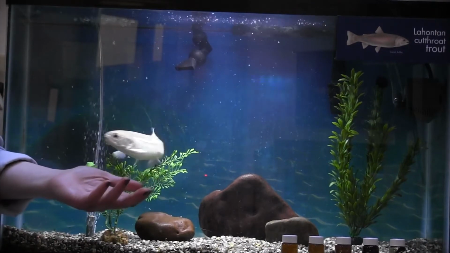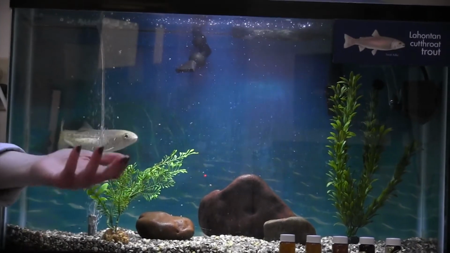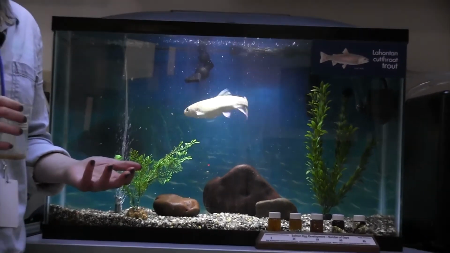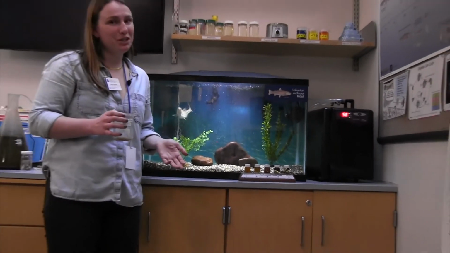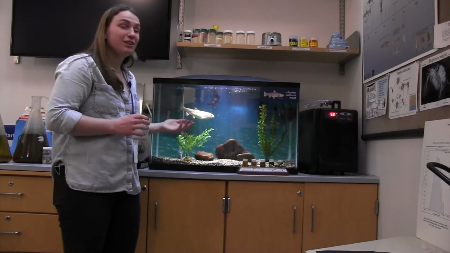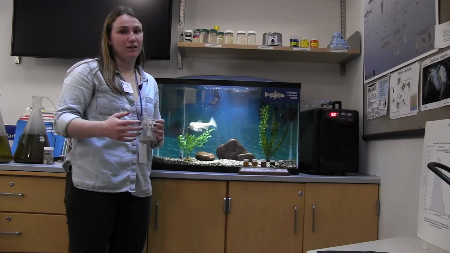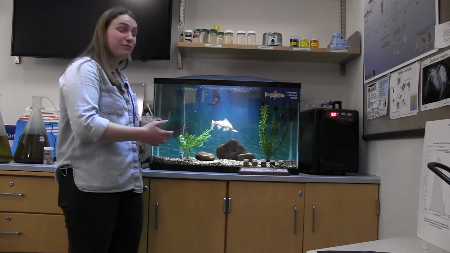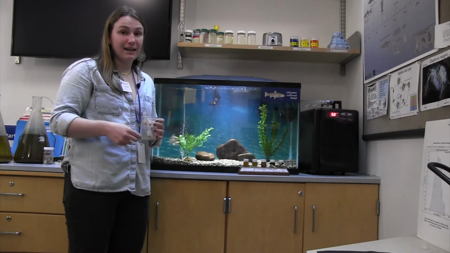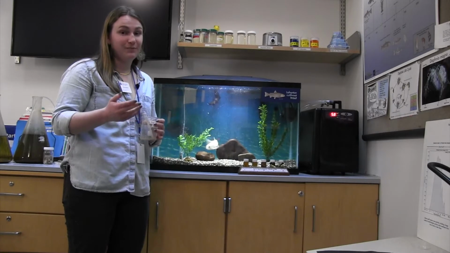What observations did you make here? I noticed that Lonnie seems to be hunting down her food using her eyesight, much like I do when I go to eat. Lonnie here is actually a native fish to Lake Tahoe. And if you've been to Lake Tahoe before, you know it's known for its blue, clear waters. Those beautiful waters help fish like Lonnie hunt. Because they're clear, she can use her eyesight to actually track down her food and eat it.